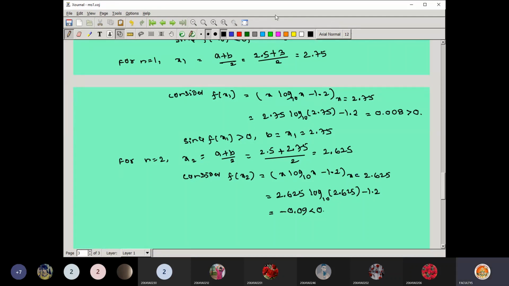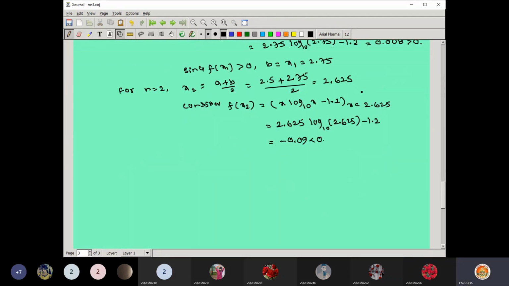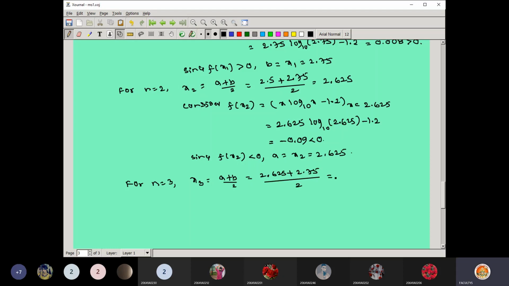Okay, negative has come, calculate again. When negative comes, what changes there? So since f of x2 is less than 0, better you change the a value. That a is nothing but your x2 value, 2.625. So now you go for n equal to 3. Now x3 value comes from a plus b divided by 2. So your a value, that latest value 2.625, plus b value, your previous b value 2.75, total it is divided by 2. So answer